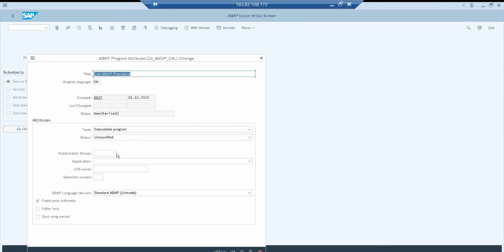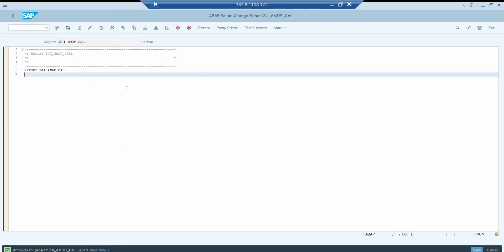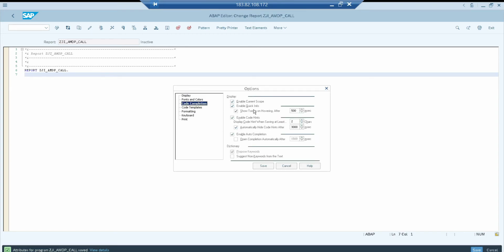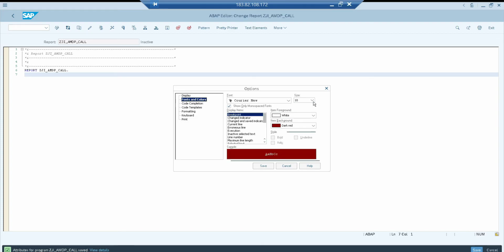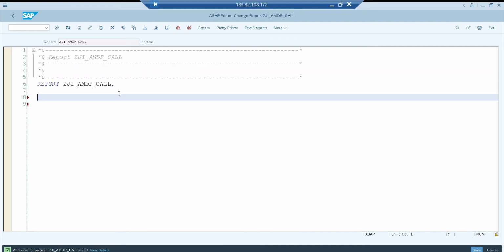executable program. I'm saving it in the local object. Okay, so now let me increase the font size. Code compilation, sorry, here it is. Fonts and color. Let's go 18. Save it. So first I need an object, because I have an instance method as well. Only static would be fine, but I have an instance method as well. So let me create an object for